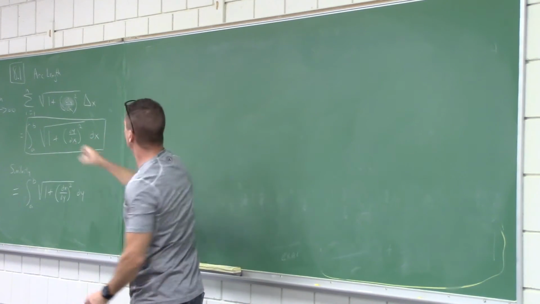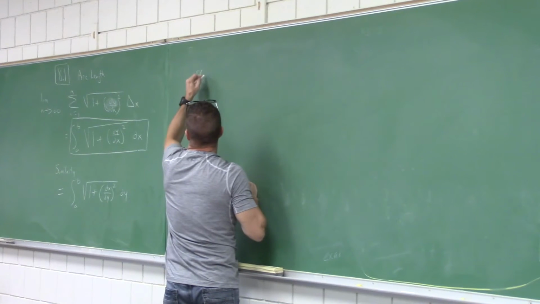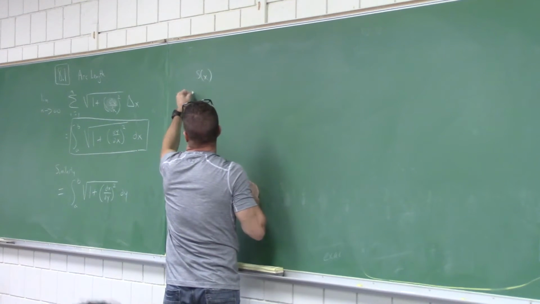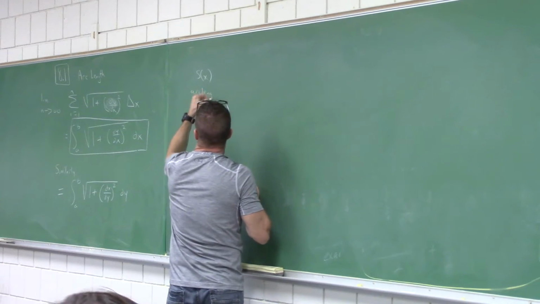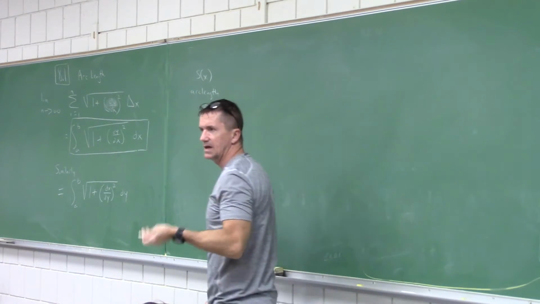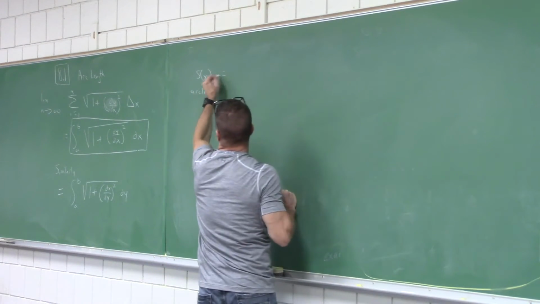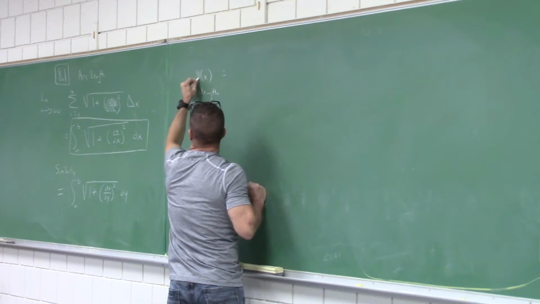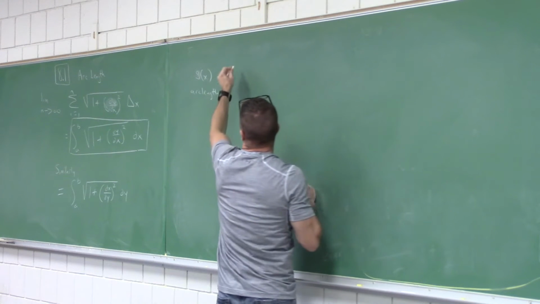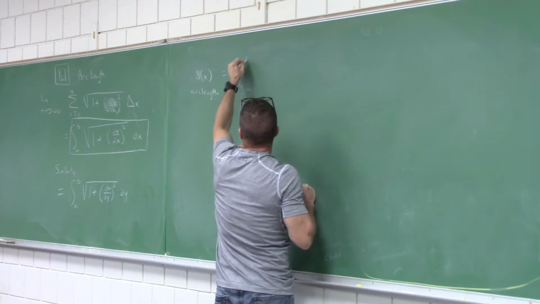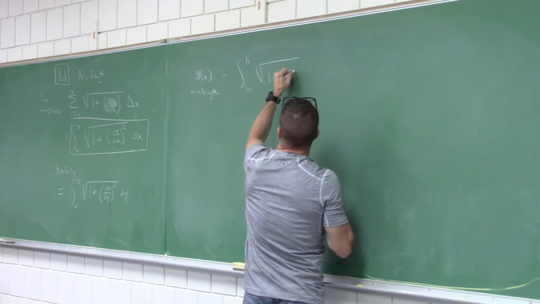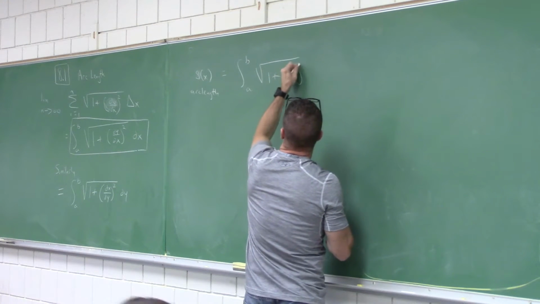I'm going to rewrite that. This kind of leads into the next section, 8.2. I'm going to call this, Evan, this is going to be our point, S of x. S is a function of x. Let's just say this is our point. That's an S, not a 5. Make sure it doesn't look like a 5 here. S equals the integral from a to b, square root of 1 plus dy over dx squared dx,